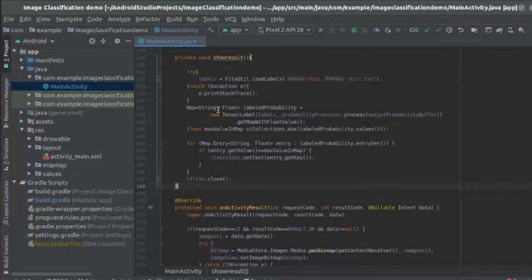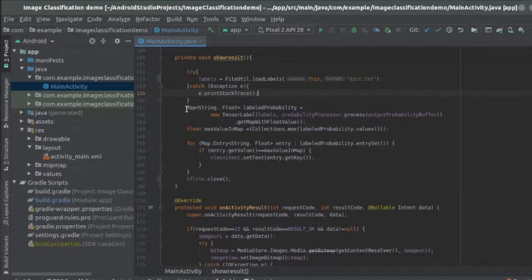First of all, we are reading the labels from dig.txt. What this function is mainly doing is getting the information from the output probability buffer and mapping it with a string and a float.